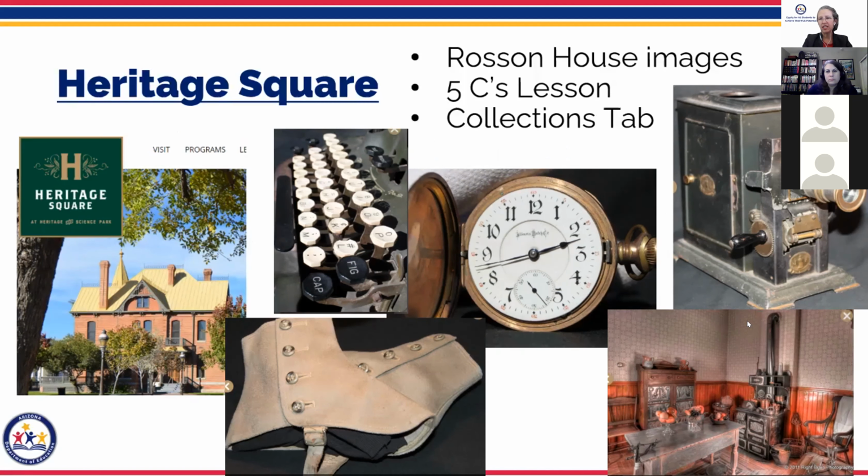The Heritage Square Museum in downtown Phoenix also has a bunch of exhibits online. You can use what Tammy did, the Observe, Reflect, and Wonder, where they've got pictures and images from what was inside the Rosson House. If you can't get to Phoenix to travel there, it's great to show what life was like in Arizona in the early 1900s. You can do all sorts of these images with your kids and do that same activity that Tammy did with the school picture from the boarding school. They have different lessons as well on their educator website, which is a good resource to have.